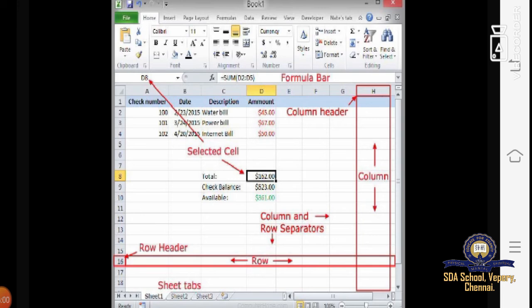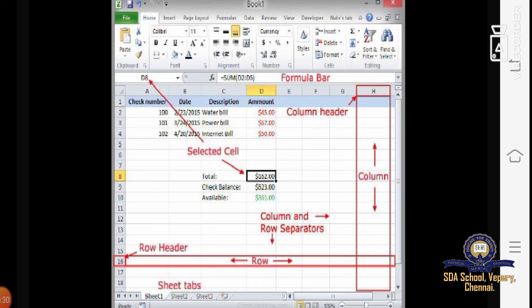Okay, this is the diagram of the workbook, children. As I have told you in worksheet, it is similar only, but a little bit of change, like you can select cells over here. Okay, you can select whatever you have done over here, calculations and all, column and row separators, row header and sheet tabs, and going up and going down columns.